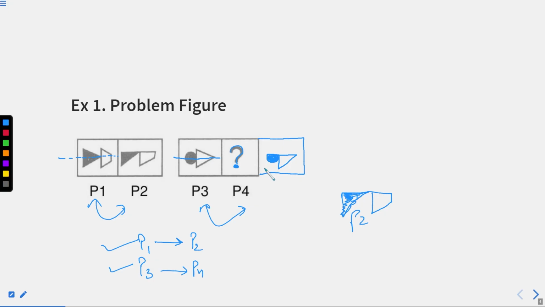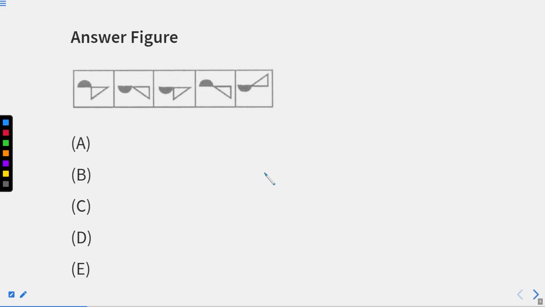Now what is the next step? The next step is to check whether the same figure is available in the answer part or not. Okay, these are the answer options that we have, right? Does this figure match our answer figure? No. For your ease, remember, this is option A, this is option B, this is option C, this is option D, and this is option E.